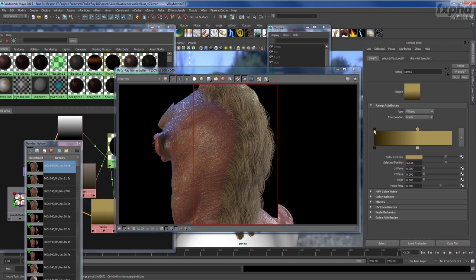So we can bring that back in, create a little bit of a root that's dark, but try to keep some of that luster active throughout more of the hair of the strand, but only keep the roots a little bit dark. Make it